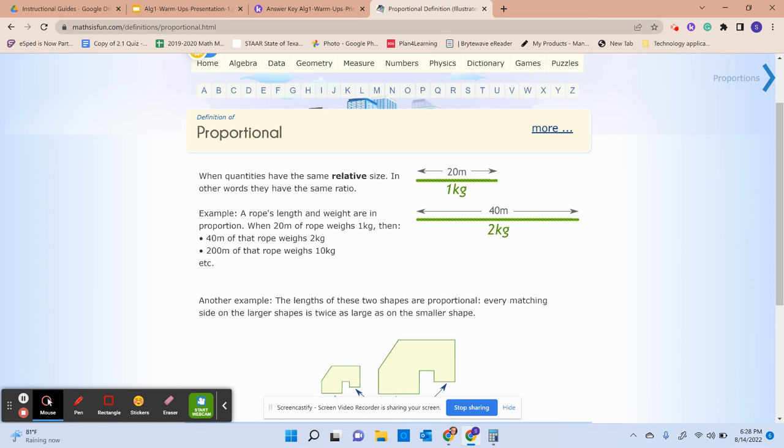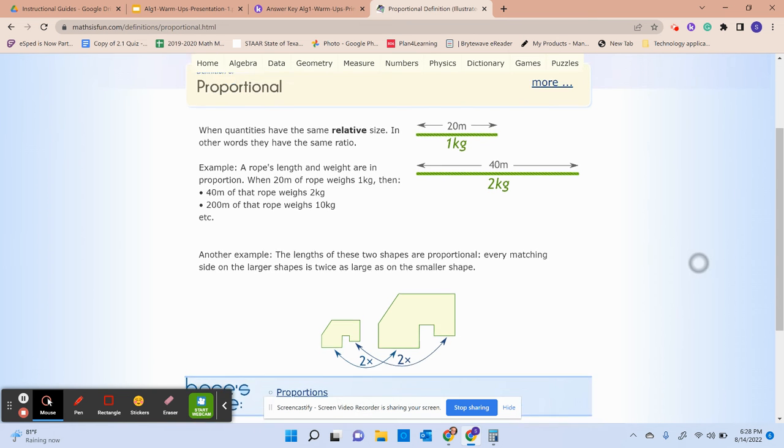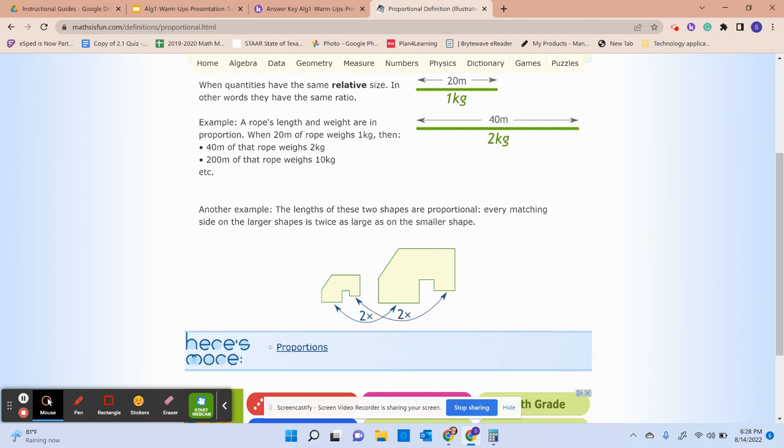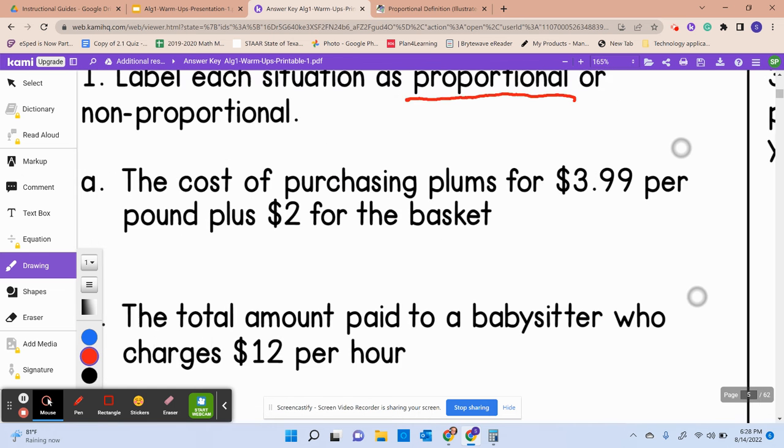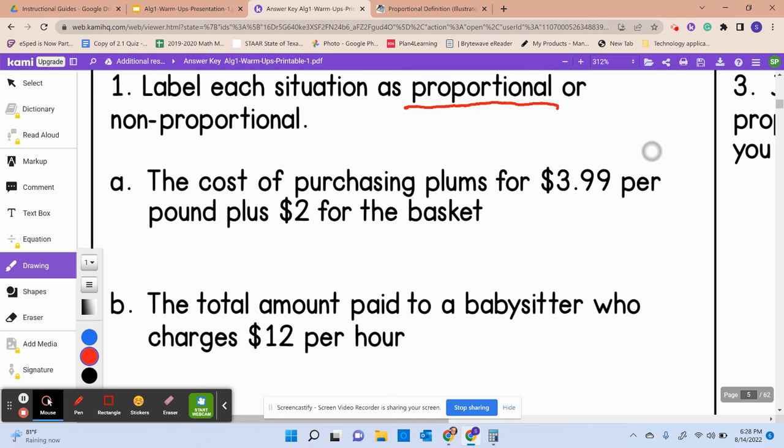1 kilogram is 20 meters, 2 kilograms is 40. So it's doubled. So that's often something that happens. So that means that it's the same, it's proportional. So for this one, on the very first one, we can say to see if it's proportional, we can set up a fraction. And think about if we bought 1 pound of plums for $3.99 plus $2 for the basket, that would be